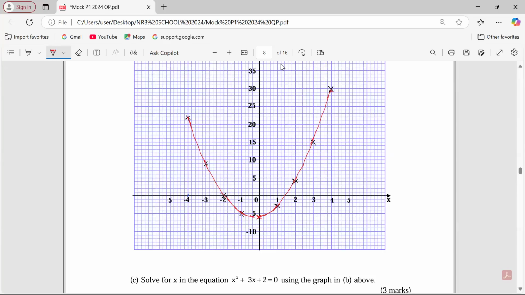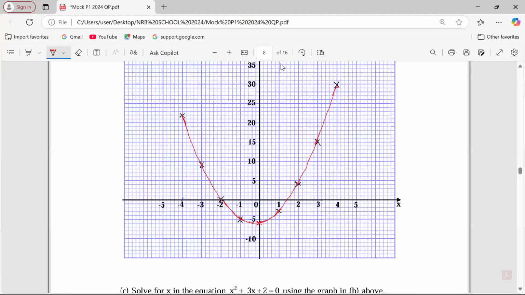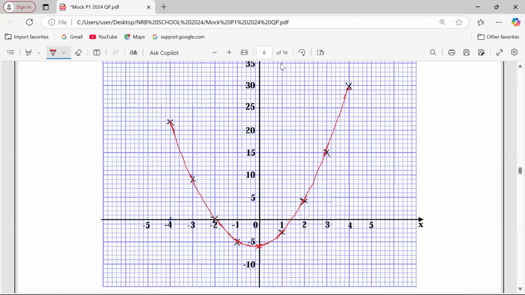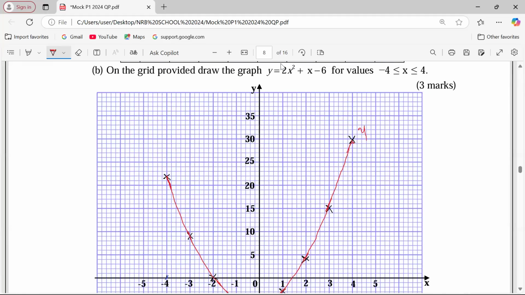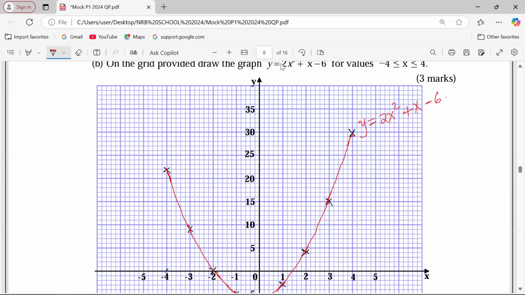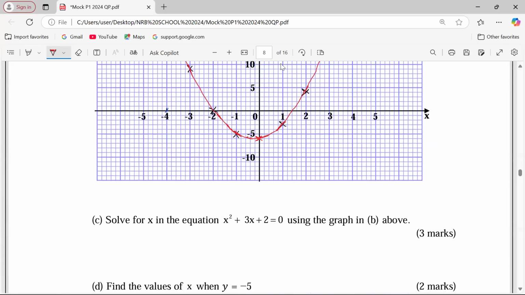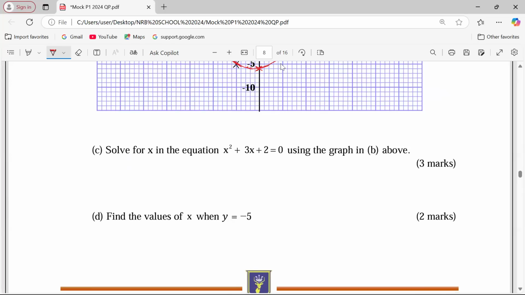That way. So we are having the curve already drawn. Very smooth. This is the curve, y equals 2x² plus x minus 6, that way. So we have the graph. Part C, solve for x in the equation x² plus 3x plus 2